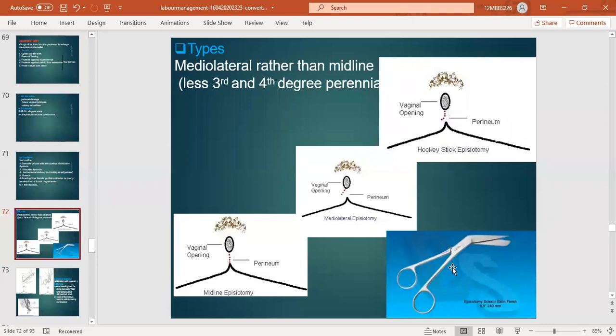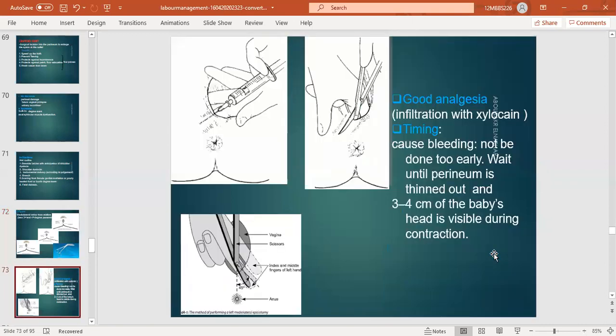This is the episiotomy scissor by which we give the episiotomy. One side is sharp and the other is blunt. Now this is the perineal infiltration. If you are planning for an episiotomy, you must give perineal infiltration beforehand, at least 10 ml of 0.5 to 1% xylocaine solution in a fan shape manner. This is the method because the nerve distribution is in a fan shape, so you have to infiltrate the local anesthesia there.